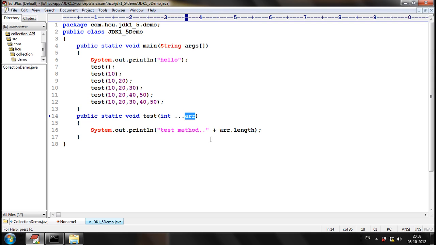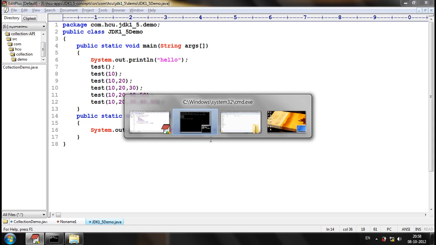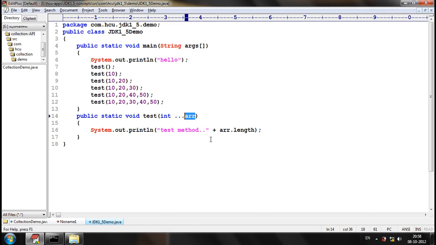Now ARR will act as an array of the integer type. Do we have length as an attribute in an array? Now I am just printing the length of the array, printing ARR dot length.